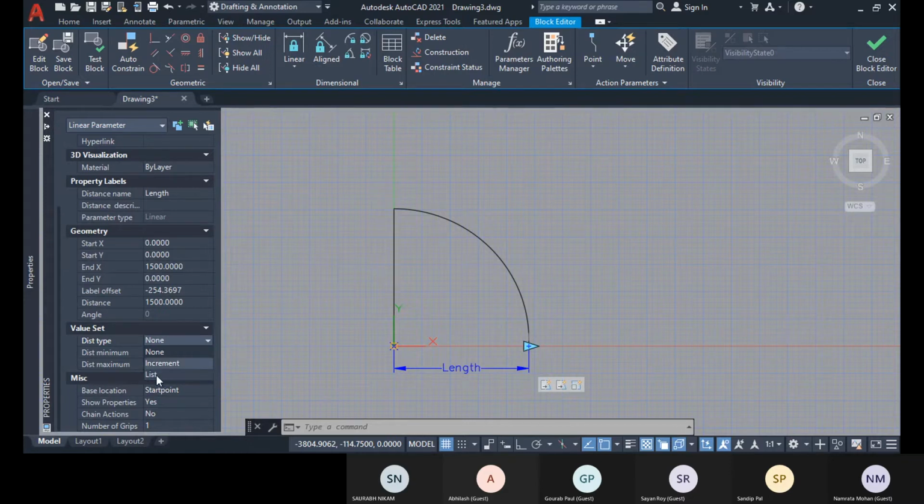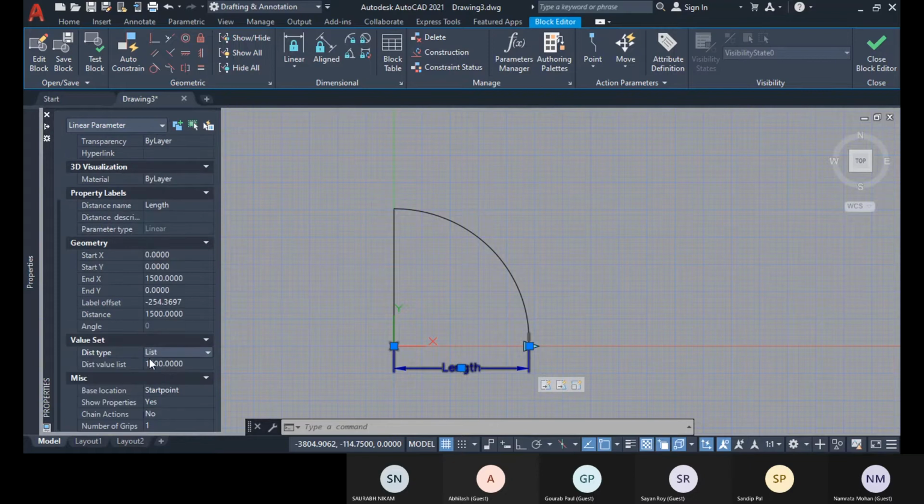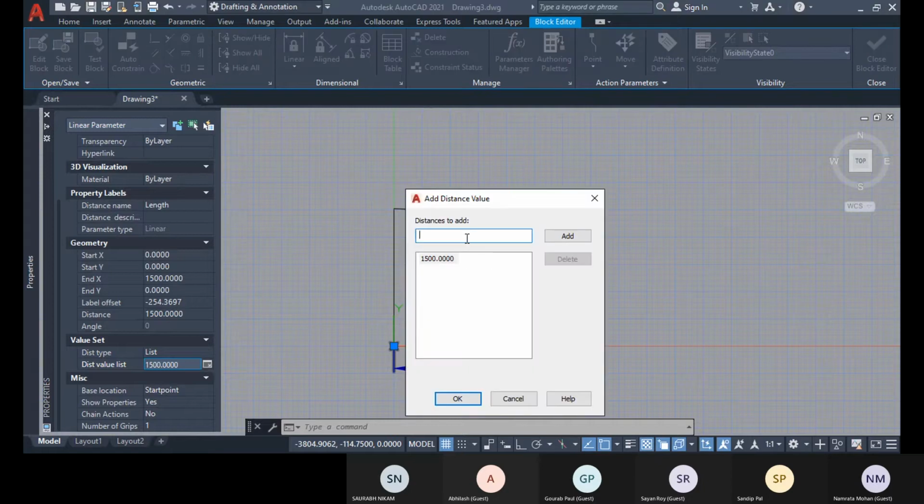And you can specify with this list. If you go to this list, here is the distance value, the current value right now. You click on this distance value list, and you will get this icon, and you click it, and there you can add. Like you provide 1200, and you click add, and 750 you add, and then 900 you add.